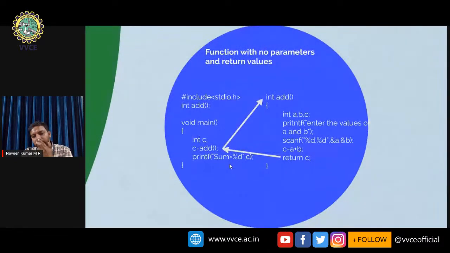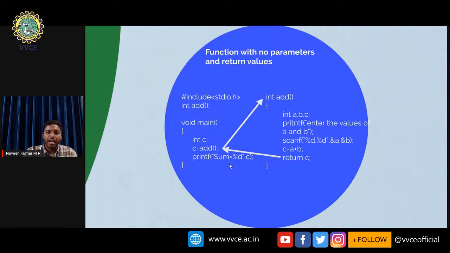That particular function should have some type. Here you can see int is the return type of the function, where it is int add of a comma b comma c. I am reading three variables over there, that is a, b, c,